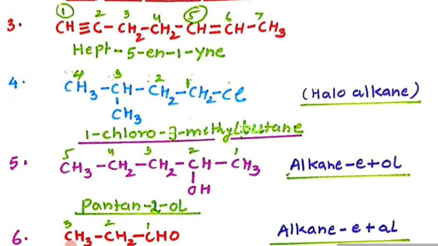So the name of the compound will be 1-chloro-3-methyl-butane. It is named in the form of prefix, and you have to write down the halogen first followed by the principal alkane. So the name of the compound will be 1-chloro-3-methyl-butane. Now the next example is